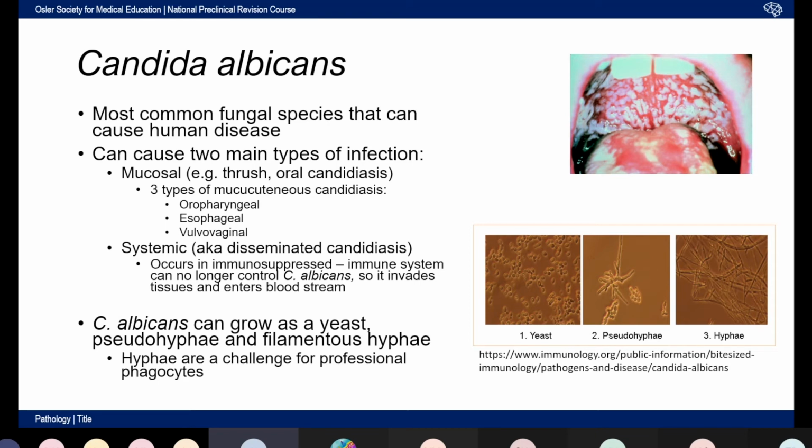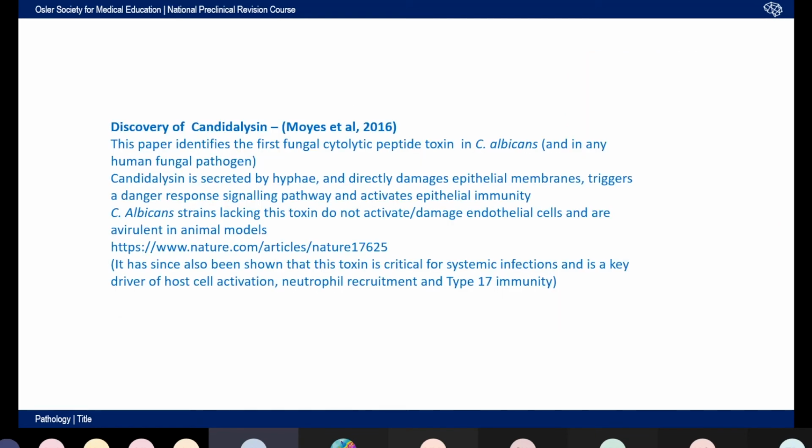It can grow as a yeast, pseudohyphae, and a filamentous hyphae, and which morphological form it takes depends on environmental factors and its genetic network. The hyphae form can be a challenge for professional phagocytes. And hyphae can also express toxins. So this is just a paper on the discovery of a fungal peptide toxin, candidalysin,